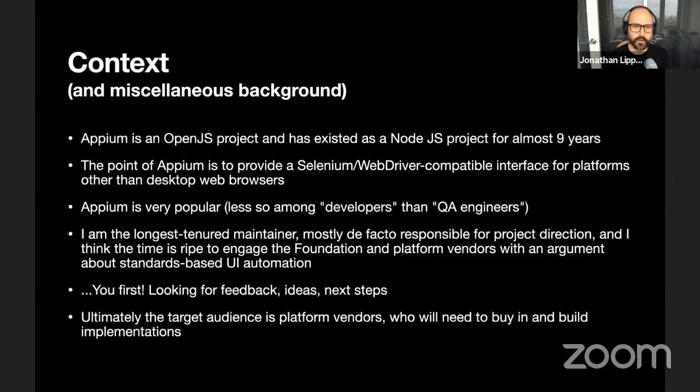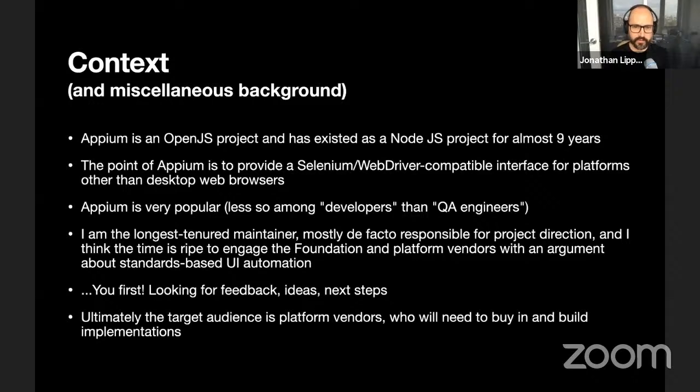So the Appium project basically started as a hypothesis that of all the kinds of automation protocols we could use to support automation on a variety of platforms, why not just use one that already exists? Hopefully that is a decision that is agreeable to a standards committee. I think the fewer standards, and the more effort there is around existing standards and extending existing standards, is obviously a good thing.